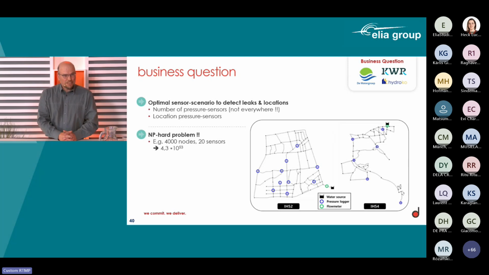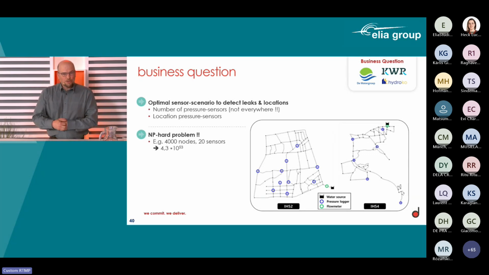Now, this appears to be a very complex problem. When I first started talking with the water group, it was like, okay, we are going to do this experiment. How many sensors do you want to put in that network? They said 40. Okay, and why do you decide for 40? Well, we have budget for 40, and that was the only lead that they had. They didn't have any guideline. And where do you want to put them? Well, actually, we don't know. We just evenly spread them throughout the geography of that area.